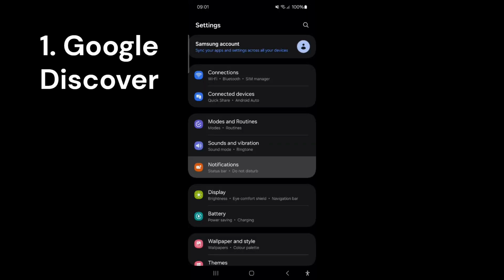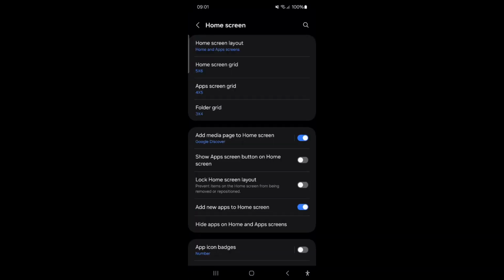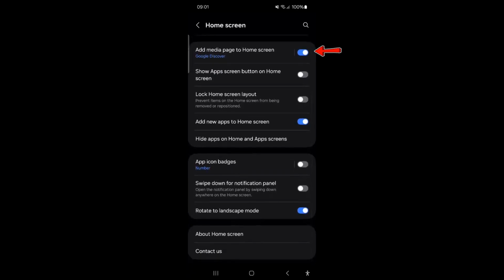The first setting you need to turn off is Google Discover. These days, most Android phones include the Google Discover page, offering news and stories tailored to your interests. However, not everyone is a fan. Some users don't engage with it at all, others find it unnecessary, and many feel it consumes mobile data and